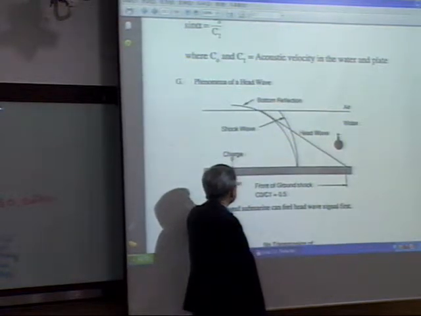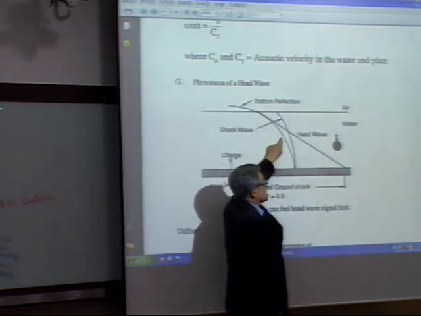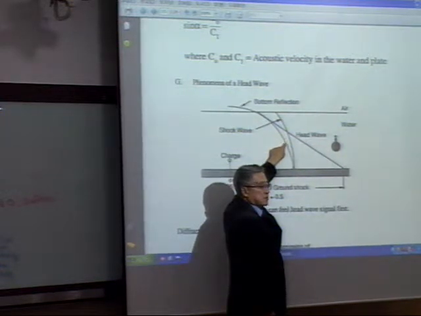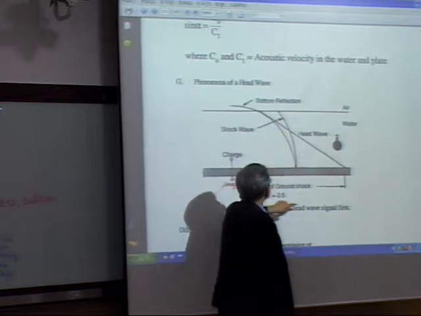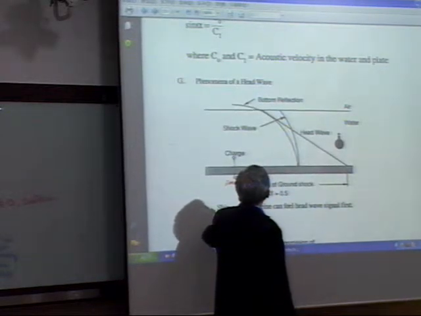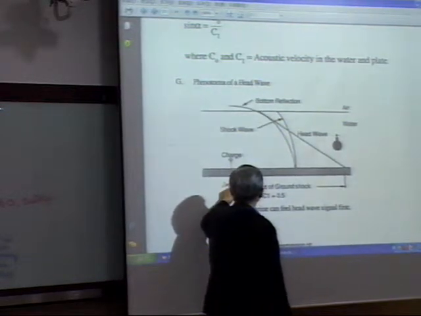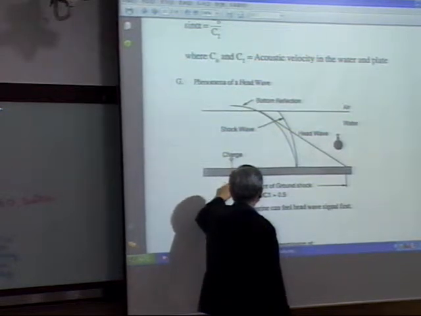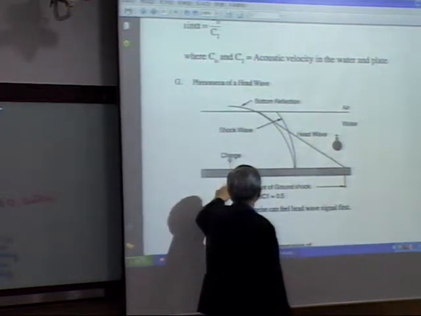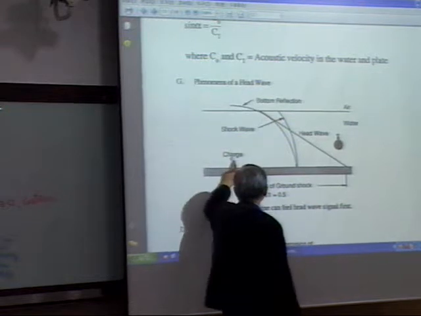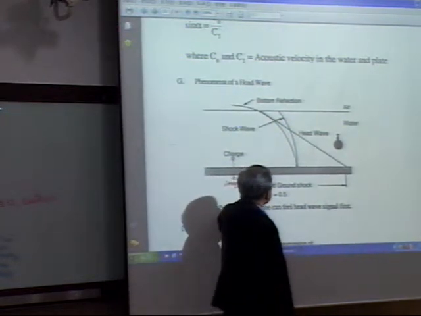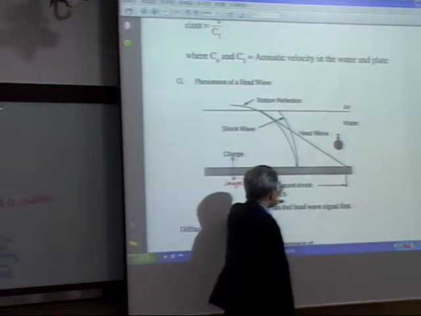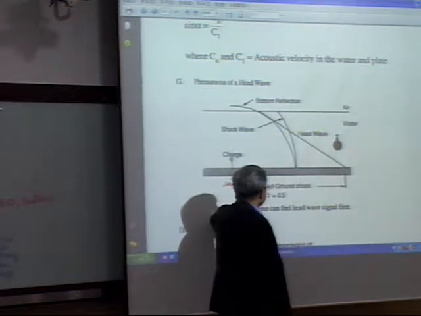And if you draw the circle, this is the same radius. This is the image charge. The bottom reflection is from here. To get that point, you have to draw the line. It goes out like that. Anyway, and this bottom can be rigid or